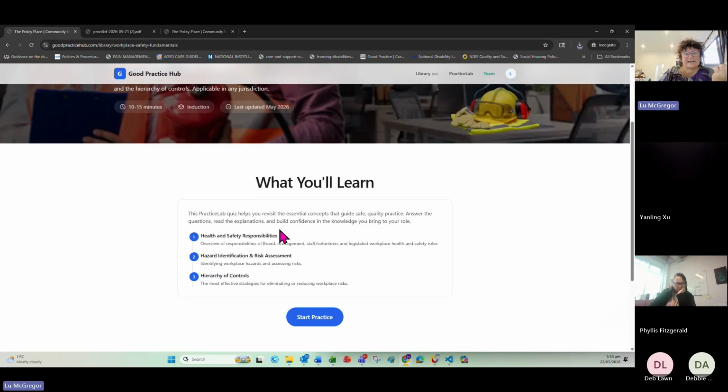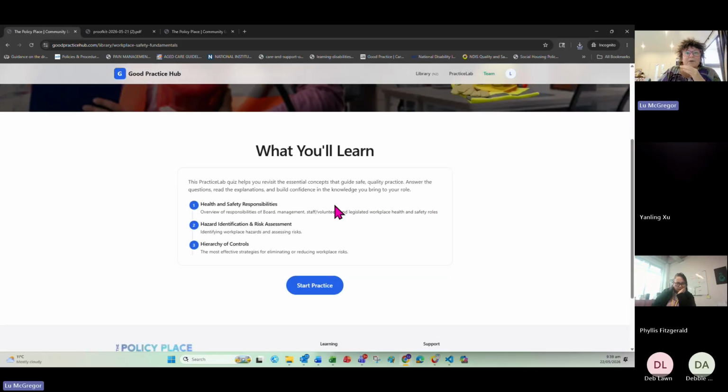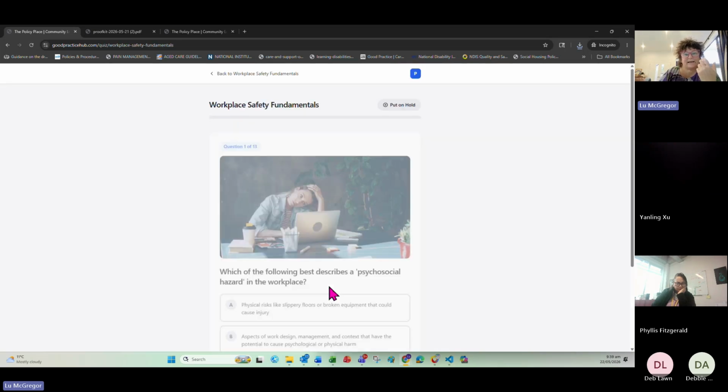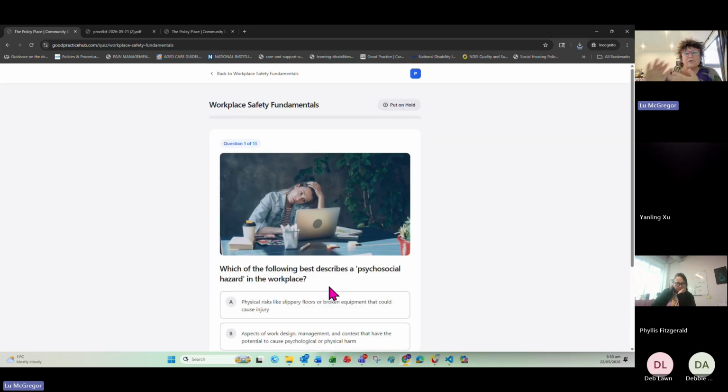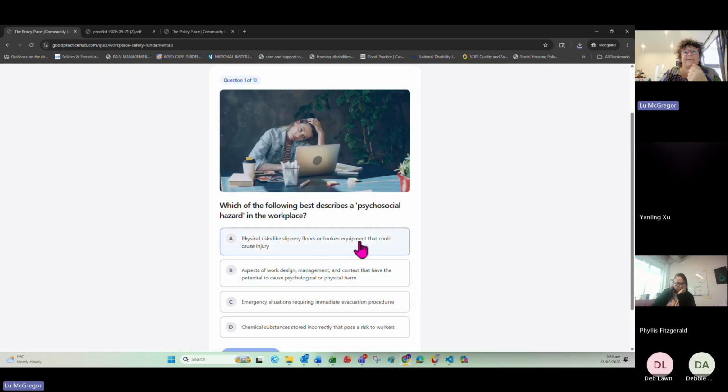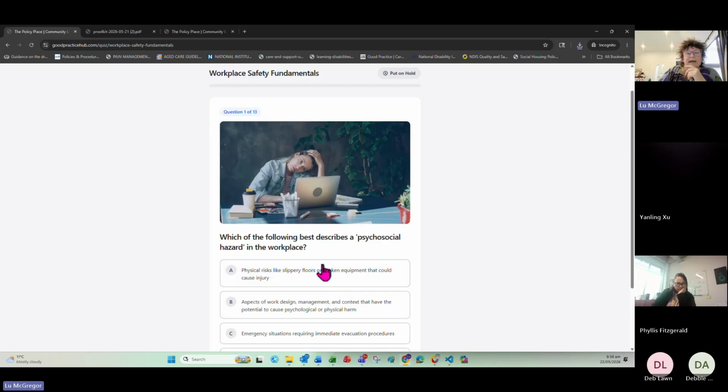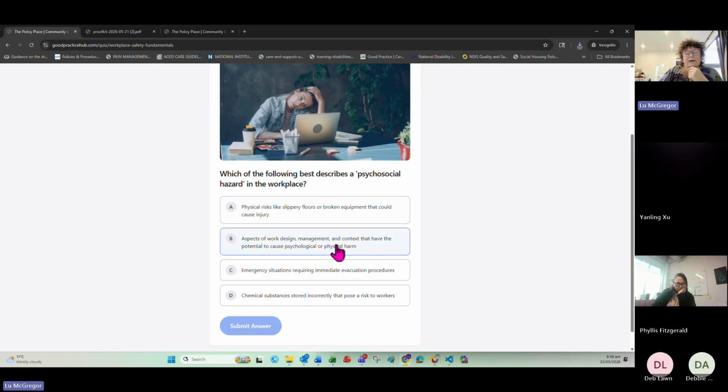The actual practice itself is set up using an adaptive learning mechanism. So what it does is it moves you through some key questions that are fundamental to the topic. And then if you get it right, you whiz through quite quickly and you're basically proving that you know the concepts underpinning the policy. But if you get it wrong,